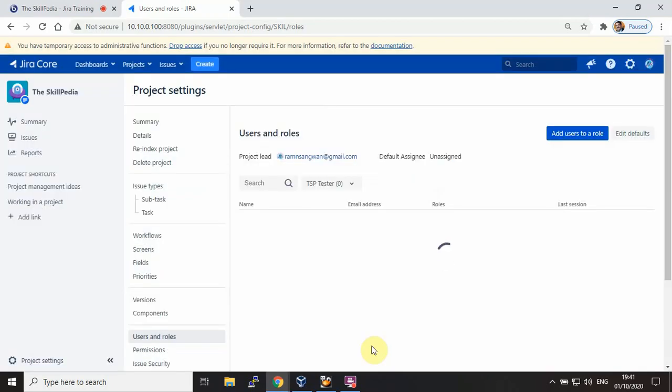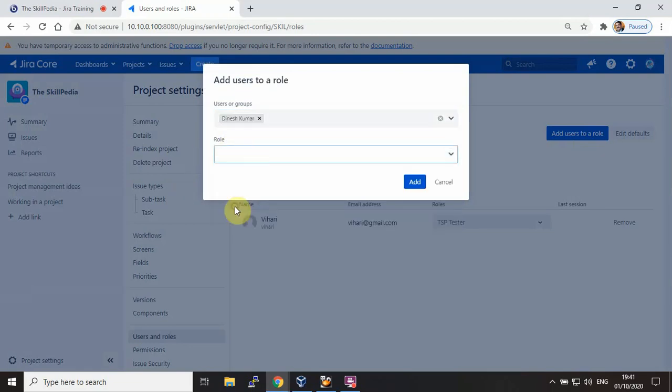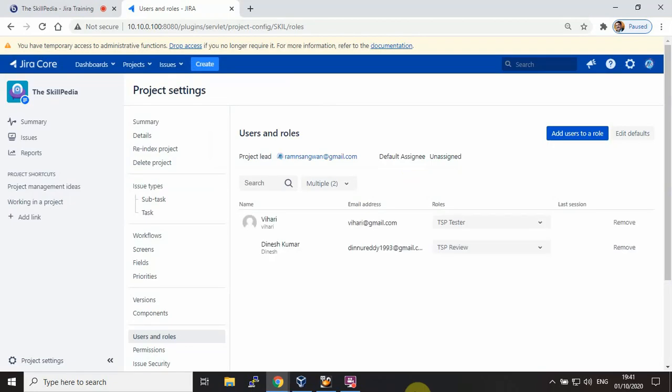I can add it. Similarly, if you want to assign some other tester, for example, let's select the review, and you want to add users to this. So let's search Dinesh. I was able to search, and I can select a role, let's say TSP review, and add. So this way I can add users to roles.